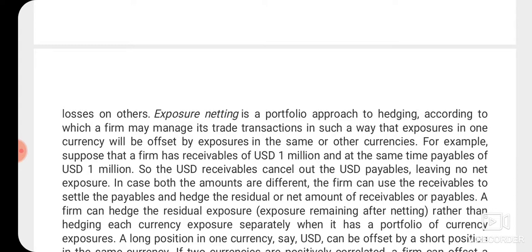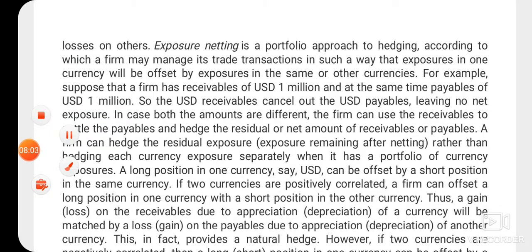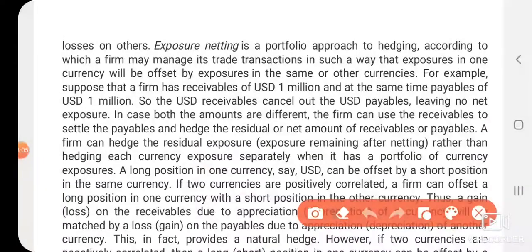So a firm may manage its trade transactions in such a way that exposures in one currency will be offset by exposures in the same or other currencies. Sometimes it happens in the same currency, or sometimes in other currencies, whatever it may be. The risk may happen in the same currency as well as in other currencies. Now we can discuss the following example in order to understand more clearly. For example,